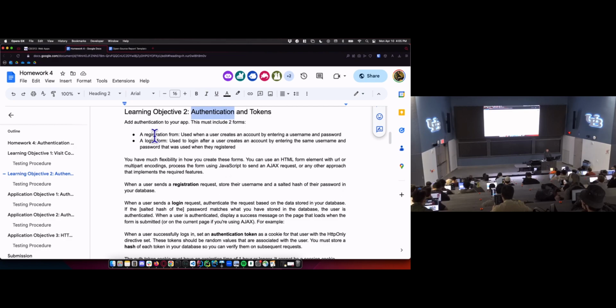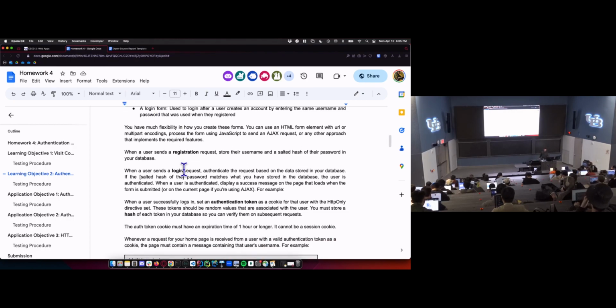is have a registration form and a login form. Users can register for an account by providing a username and a password, and then they can log in using that same username and password. The big thing here is